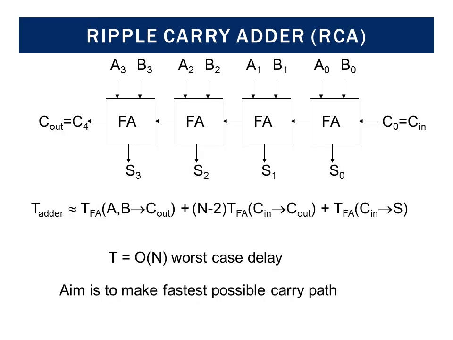Let us look at the ripple carry adder in brief. We have already seen that here the carry in is propagated through all these blocks 1, 2, 3 and 4, and then you will be getting the carry out as C4. The major significant disadvantage of the ripple carry adder is the significant propagation delay, which is happening because of the propagation of the carry right from the first block till the last block.